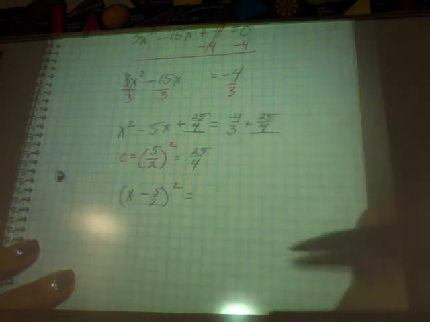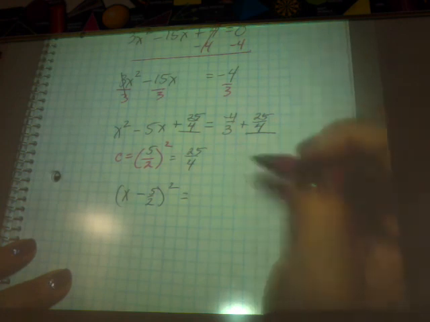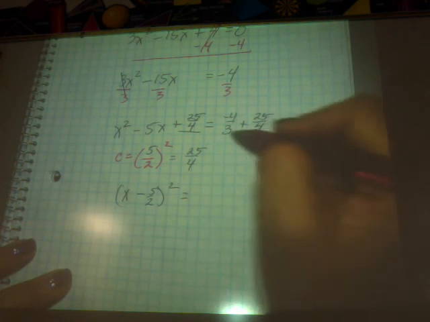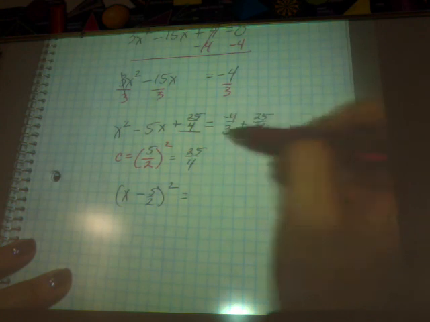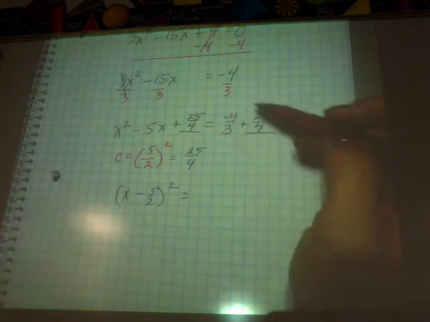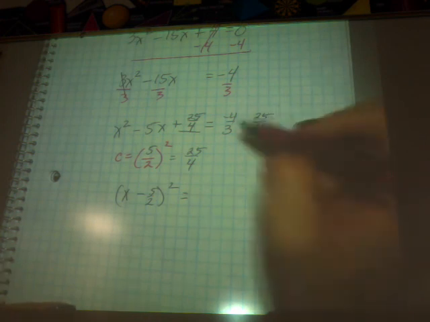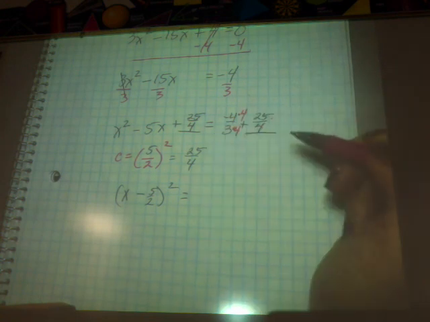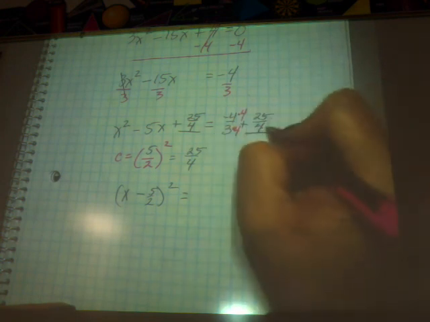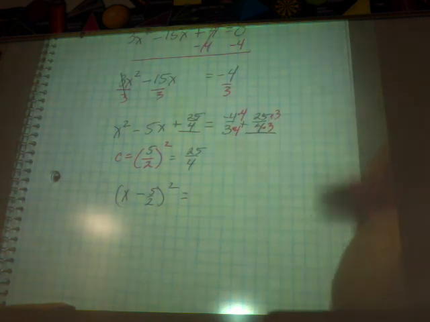Can we add them together the way they are? No. What is your least common denominator? 12. If you don't know how to find the least common denominator, couldn't you just multiply these two together? Couldn't you just essentially multiply this by this and that by that? It won't necessarily be your least common denominator, but it will get you where you need to go. So for this to be 12, this needs to be multiplied by 4, and this needs to be multiplied by 4. For this one to be 12, 4 needs to be multiplied by 3, so that needs to be multiplied by 3. So we end up with